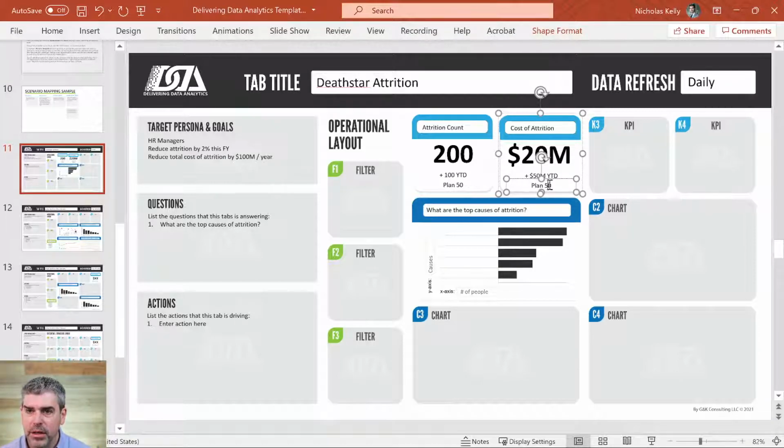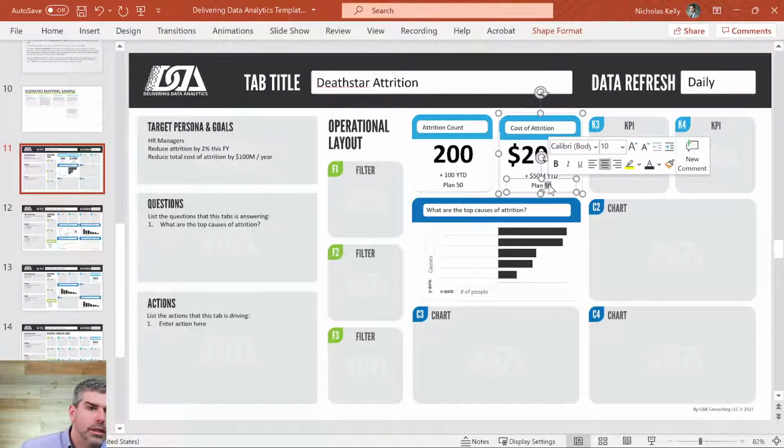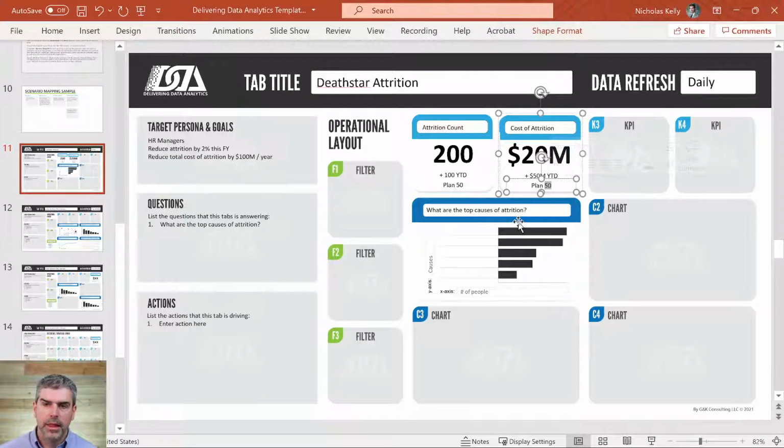And what else? Yeah, plan. So our plan is to reduce the overall cost of attrition by 100 million. So if that's a daily number, we probably want that down at something like under $1 million a day, but just something directional. So we're way off here. So you can see with this process how we can start to dial in. And one of the actions we said we were going to have is, well, we want to have the Darth Vader